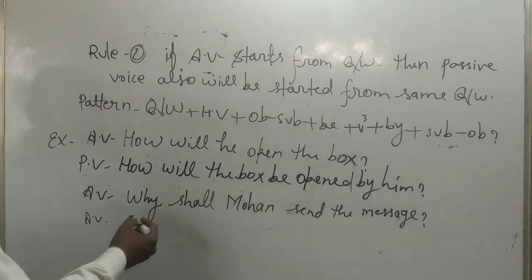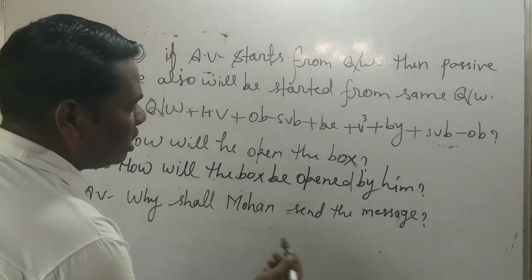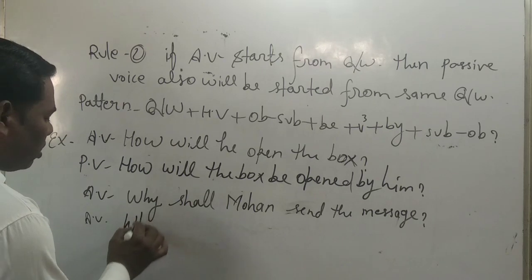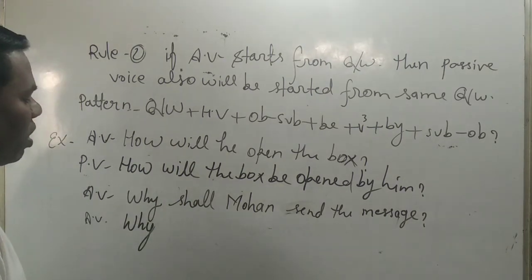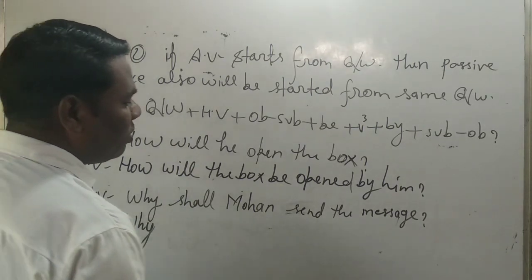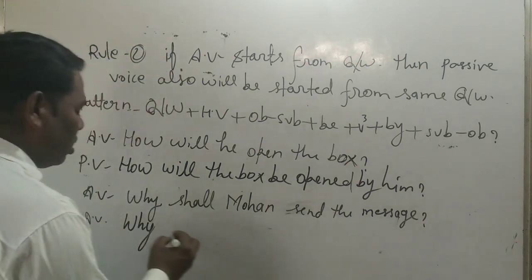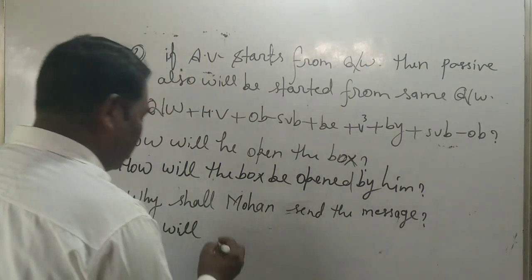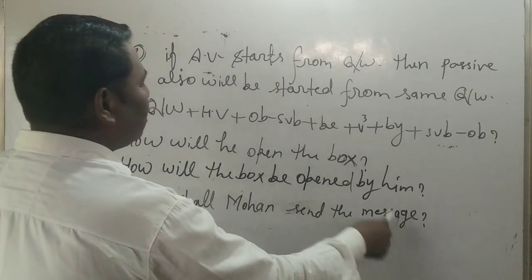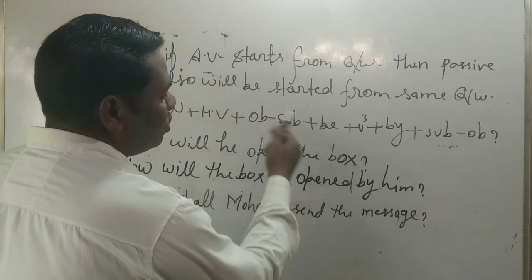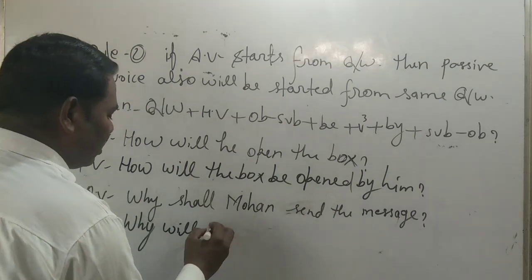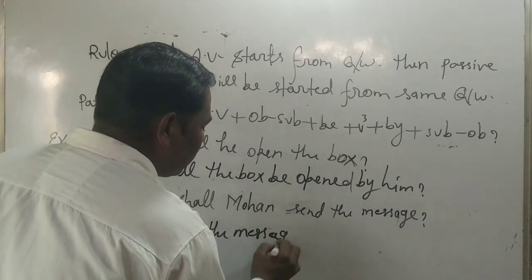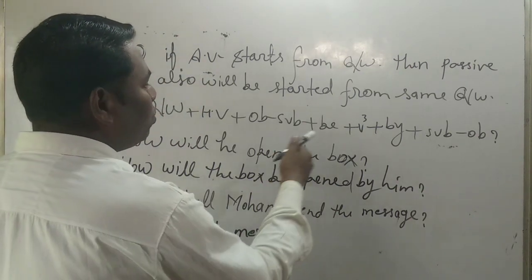And the next example is: why shall Mohan send the message? So write the question word. What is the question word? Why is our question word, and why, then use the helping verb according to the object. Shall be used with the message, and the message is also the object, and you have to change it into the subject. So write the message,